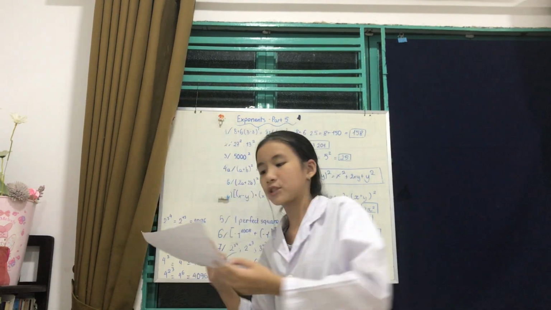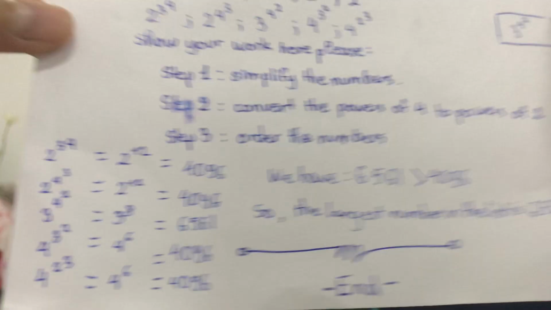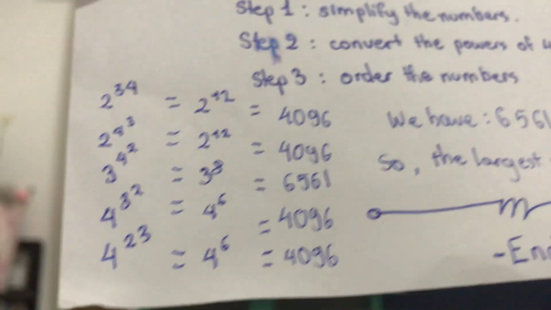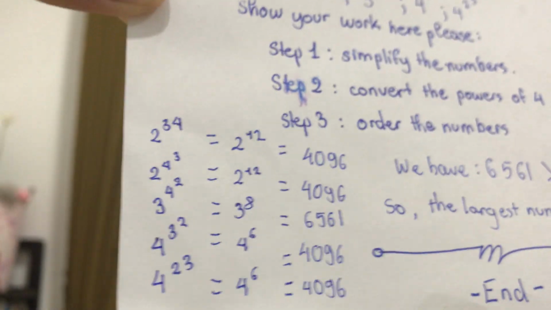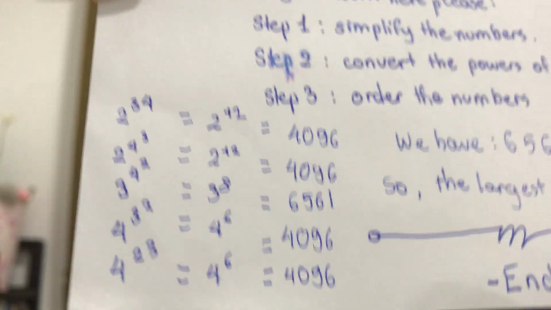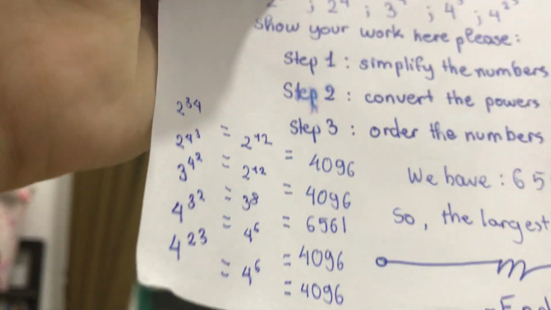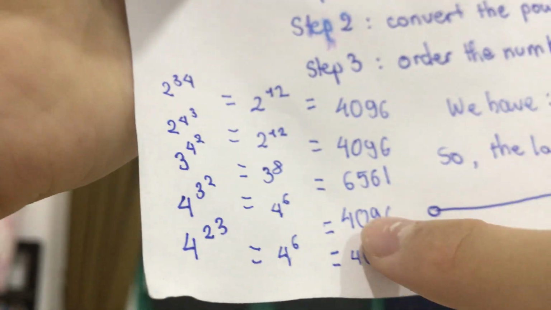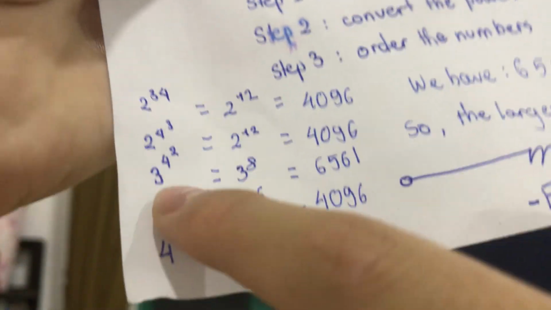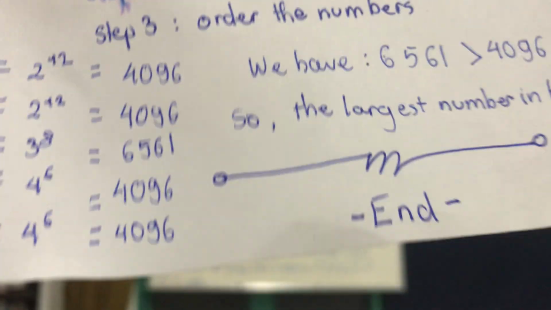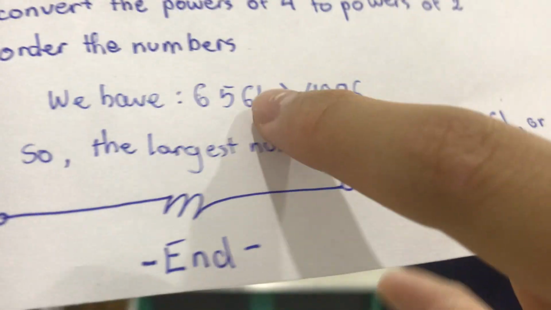4,096. Now, let me show it on paper again so that I won't have to say it out loud and it will be confusing. That is all of these numbers that I have calculated out and simplified. As you can see, the largest number in all of these numbers is 6,561. This roots back to 3 to the power of 4 to the power of 2. So we have 6,561